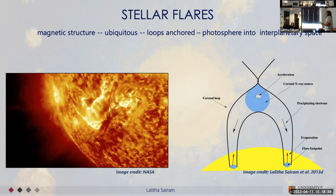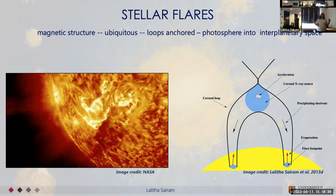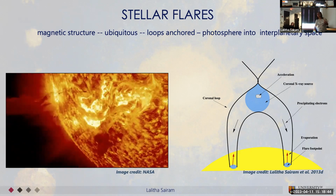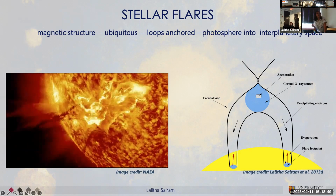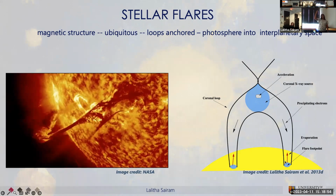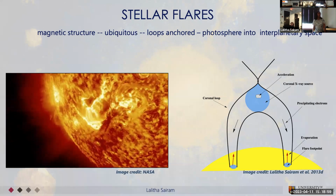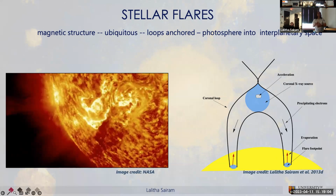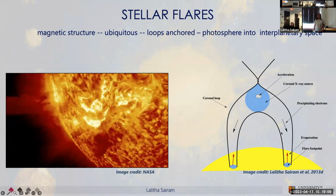When we see a magnetic reconnection, which occurs at large coronal heights, what we expect is the electrons to start accelerating downwards towards the chromosphere, reaching the chromosphere and evaporating the material, because we are speaking about electrons moving from coronal heights all the way to the chromosphere, which is of 10,000 Kelvin or so. And when this evaporated material fills up the loop, then we start seeing X-ray flares, especially soft X-ray flares,